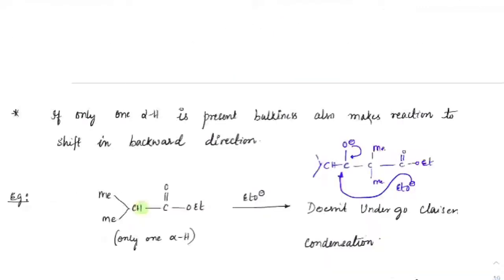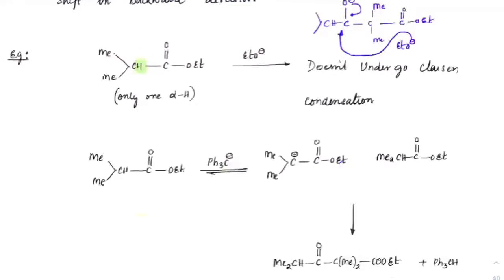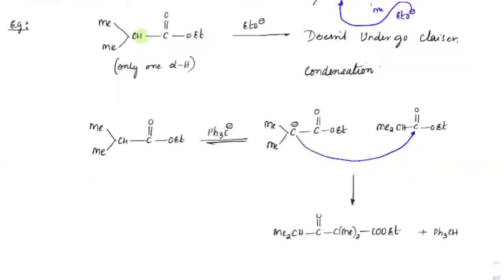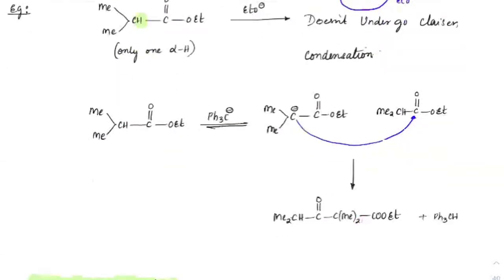We will take these types of bases to avoid that problem. For instance, if we take Ph3C minus, Ph3C minus will extract this proton, making this C minus. Although it is bulky, at least we'll get 5 to 10% of product here. So this C minus will attack here. Once you get this, now it has formed a stable molecule. This molecule does not have any electrons to attack back on the C double bond over here. Got it? So that's why you would see this backward reaction doesn't take place and you'll end up with this product. Right?